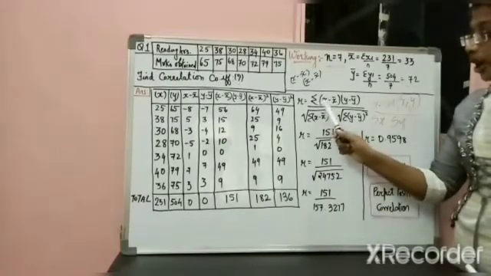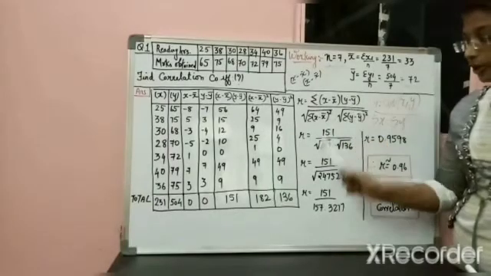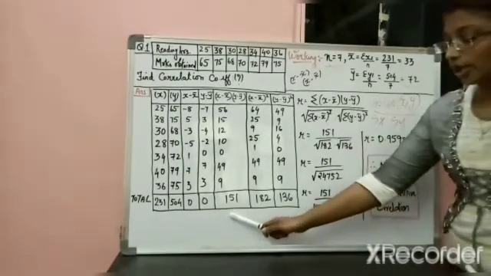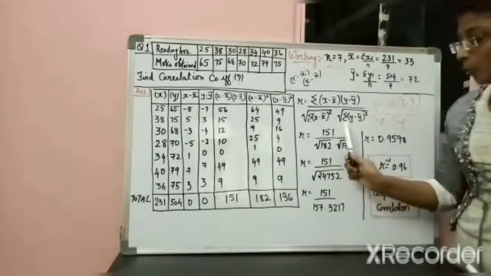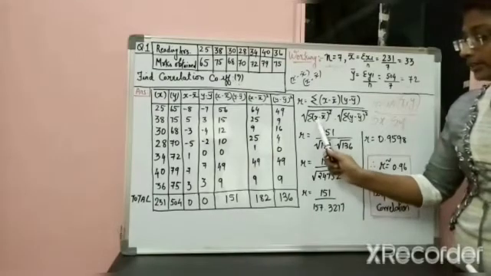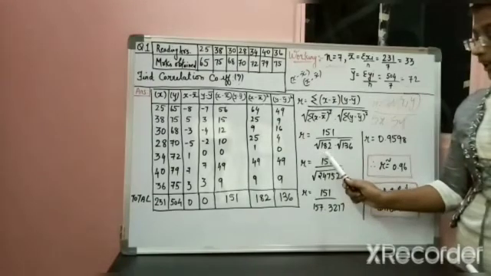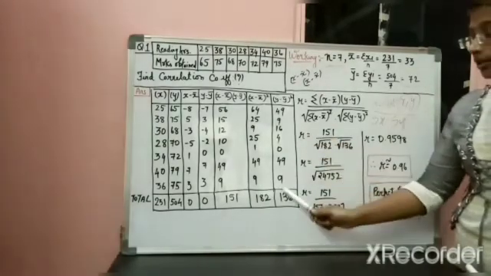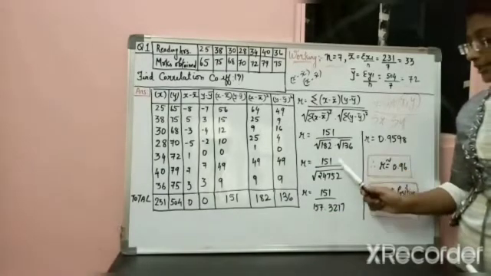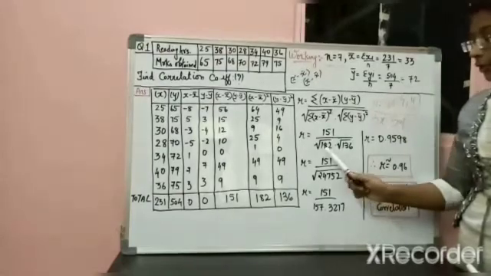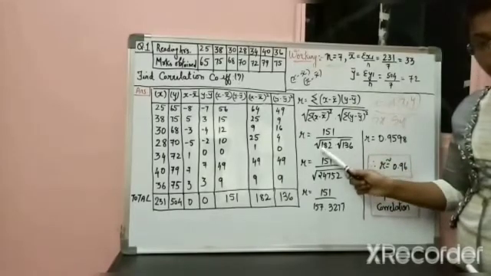So your total, that is sigma, means total of your (x minus x bar) into (y minus y bar), is 151. See this column. You have to find the total. Sigma means total of this column is 151. Dividing, then you will get this column total, that is 182. That is square root of 182 multiplied by the total of this column, which is 136. That is sigma (y minus y bar) the whole square is equal to 136. Then you have to multiply. First you have to multiply, then you have to take the square root of it.